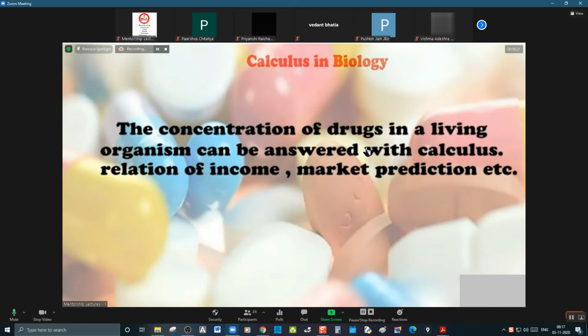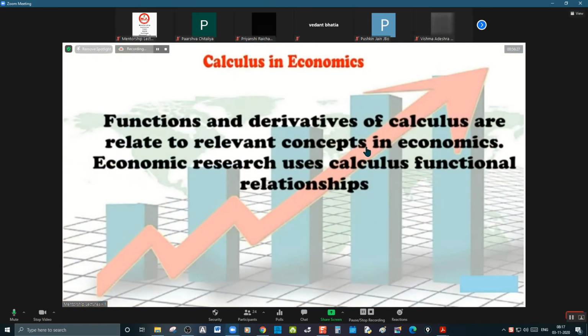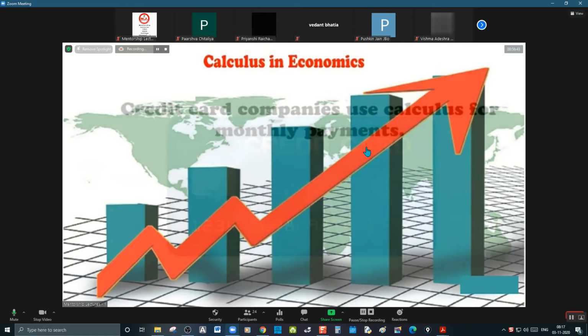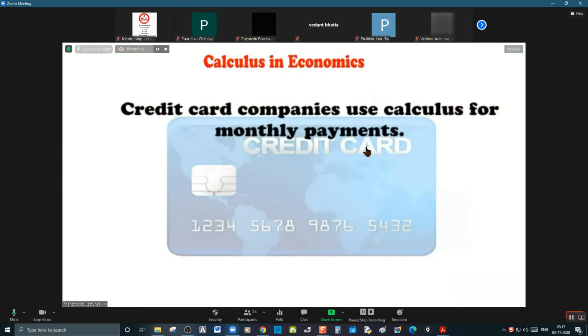Beginning of calculus, everyone knows it is limits. And the limits, what we are learning in your 11th and 12th level is all basics and applications. You can see I have collected many images for your purpose. Many applications are there, and the beginning is limits, and after that, the continuity and discontinuity of a